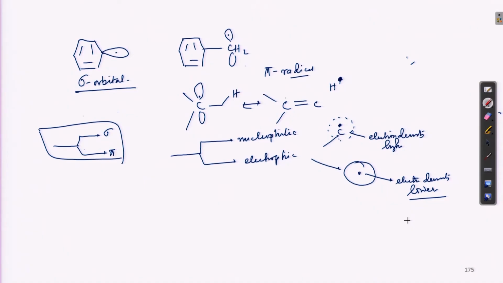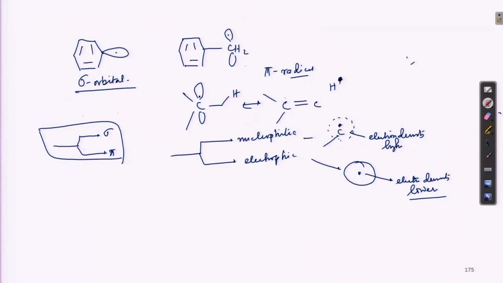So, that is my reference. If some electron density now comes towards the radical, that becomes a nucleophilic radical, and the other one becomes an electrophilic radical. So, in terms of defining the reactivity of these radicals, this concept is very important, that you have to be careful whether your radical is nucleophilic or electrophilic. Okay. Now, if you talk about the